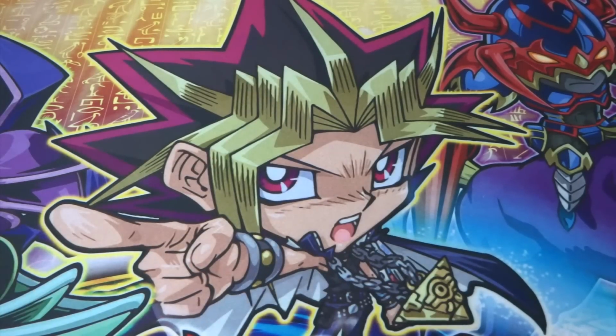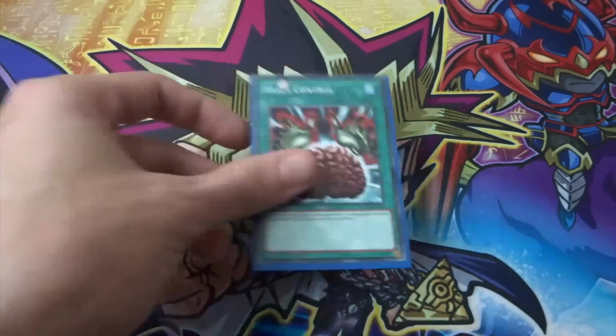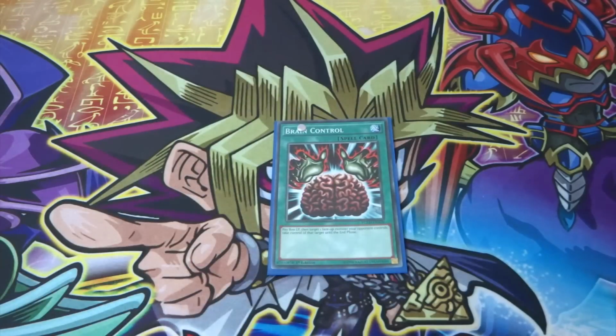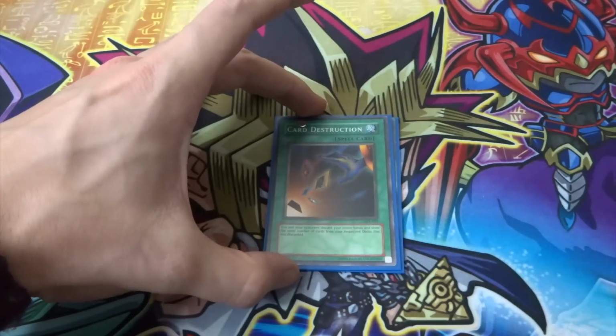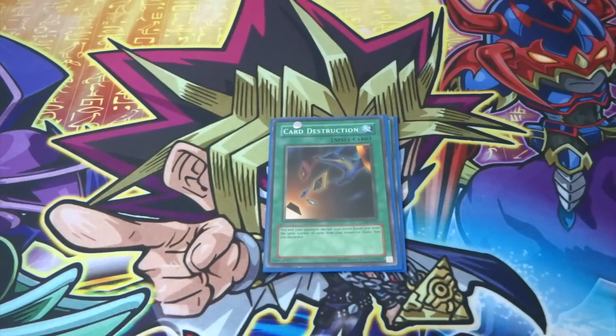Moving on to Yugi's spells then. So we start with a copy of Brain Control. It's basically you pay 800 life points, target one face-up monster your opponent controls, and take control of that target until the end phase. The classic Card Destruction here: you and your opponent discard your entire hands and draw the same number of cards from your decks that you